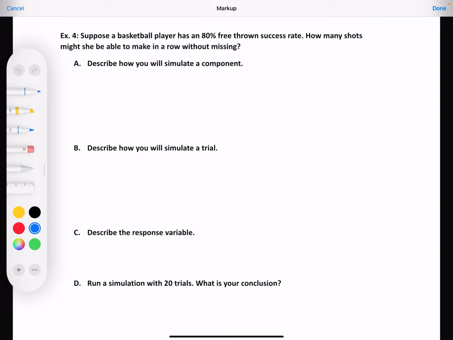Okay, so first, let me give a quick definition and then we'll do that. A component, because I don't think we had this definition anywhere, is the most basic event we are simulating.